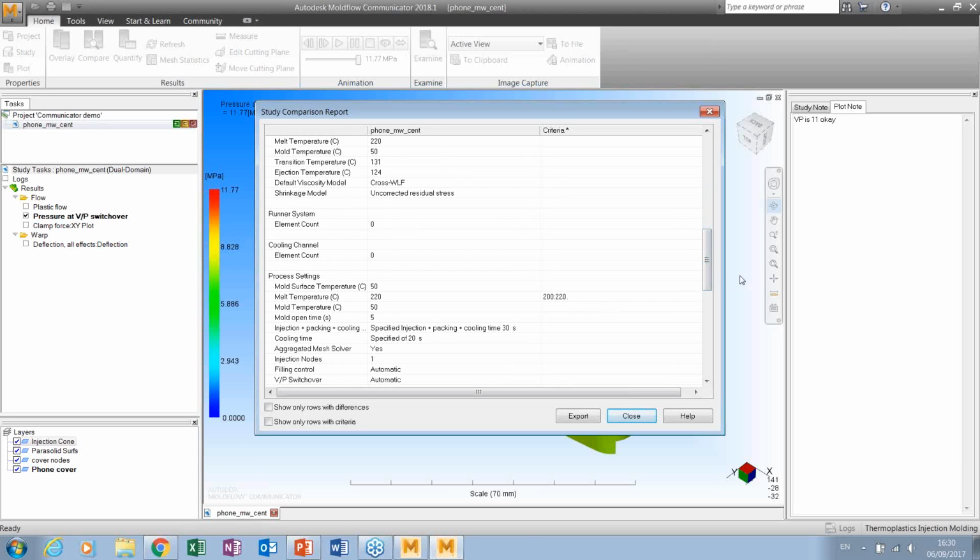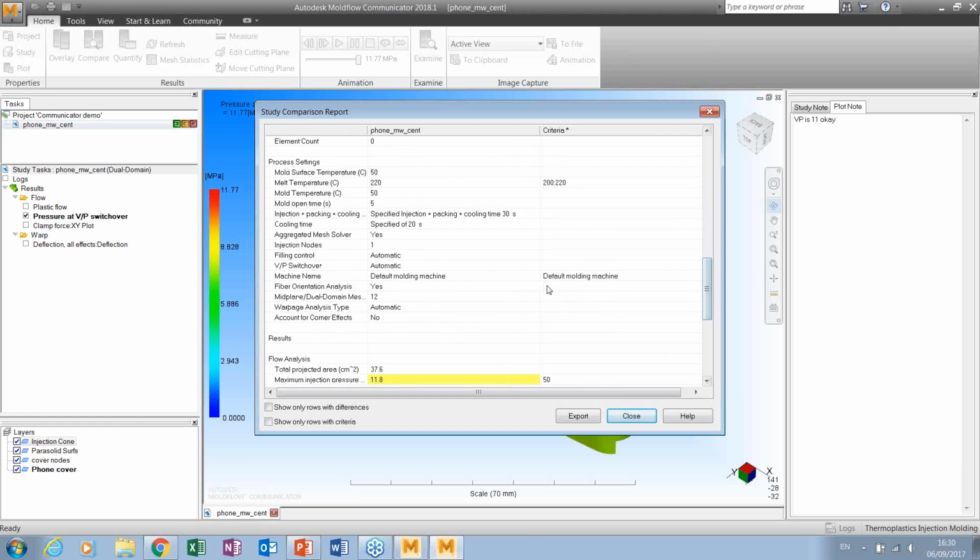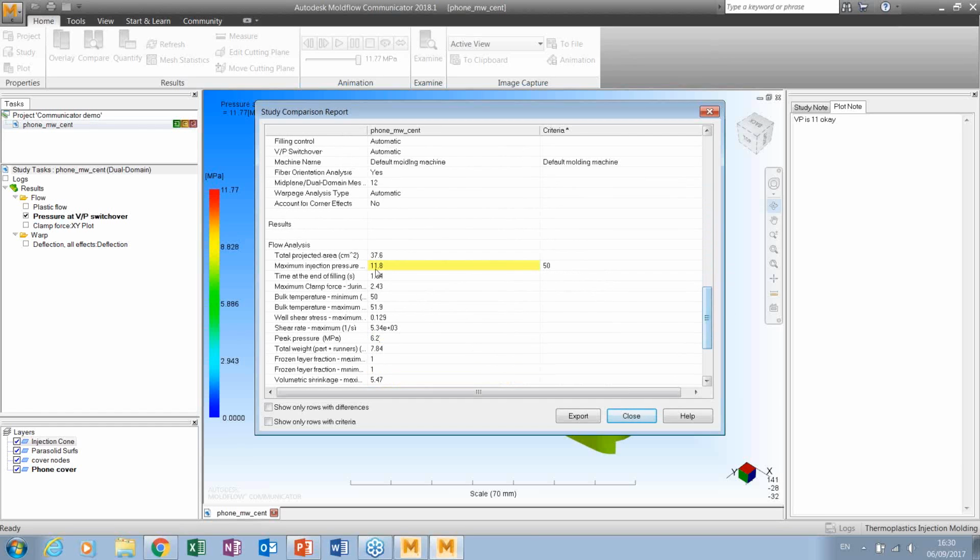So here we can see my temperature are set, default molded machine. Now the ones highlighted in yellow are showing you something that's different to what you've specified in the criteria. I could have done a range there rather than typing in 50, but of course we can see it's highlighting that my injection pressure is lower than what my maximum is or what I wanted to specify,